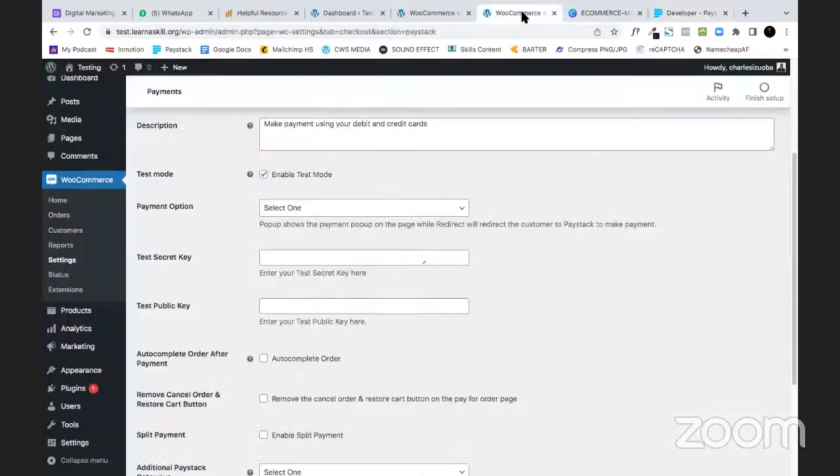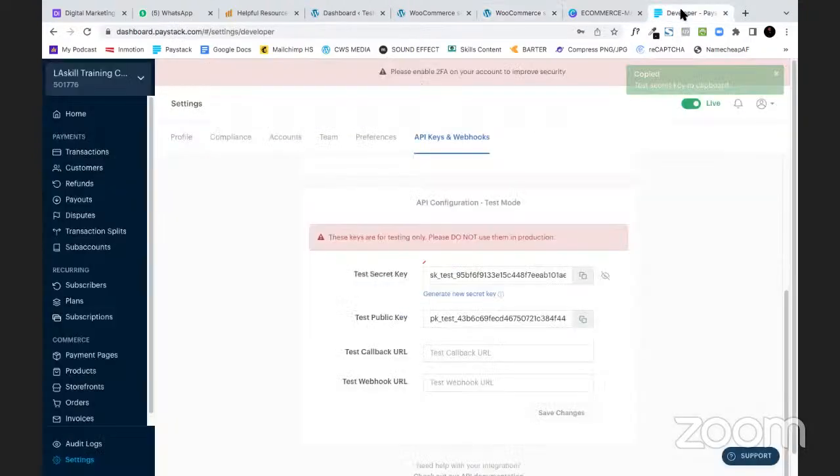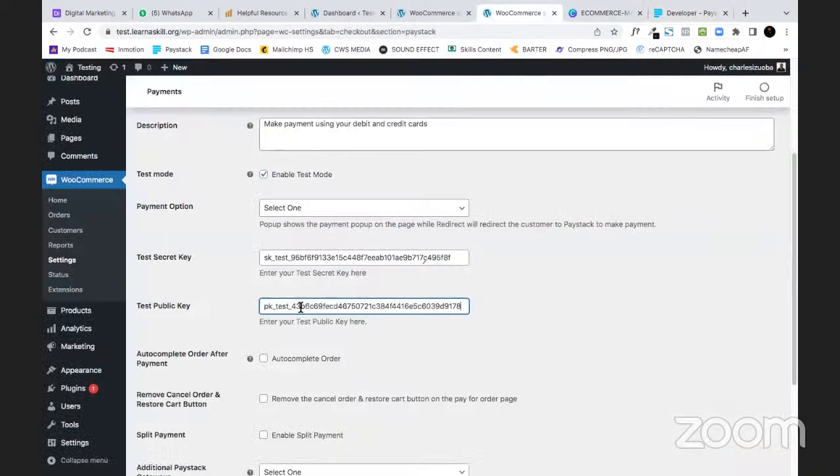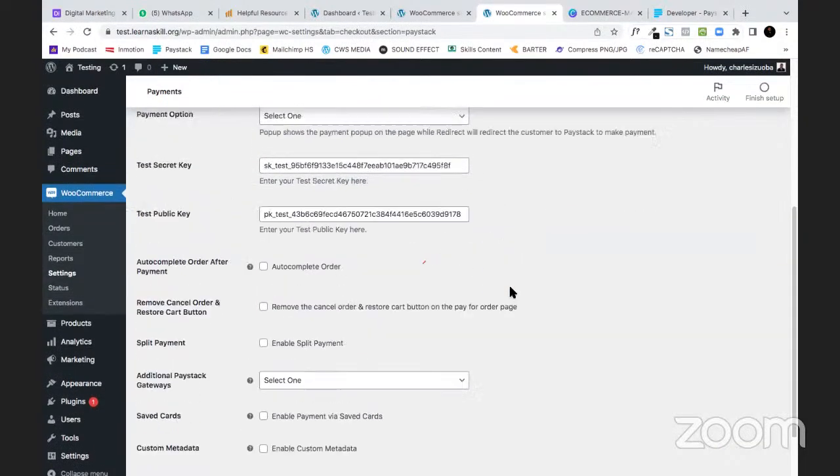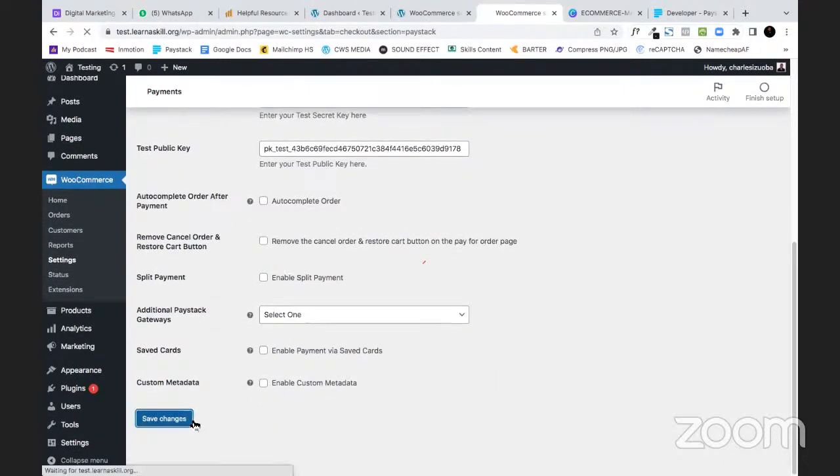Now come back to your website where you have the test secret key, and paste it there. All right, now you come back to the test public key. So go over there again and come to the test public key. This is the test public key now, all right? You copy this code again, come back to your website and paste it here. Now, when you paste it, before you go through other settings, so you won't forget, just click on Save Changes,